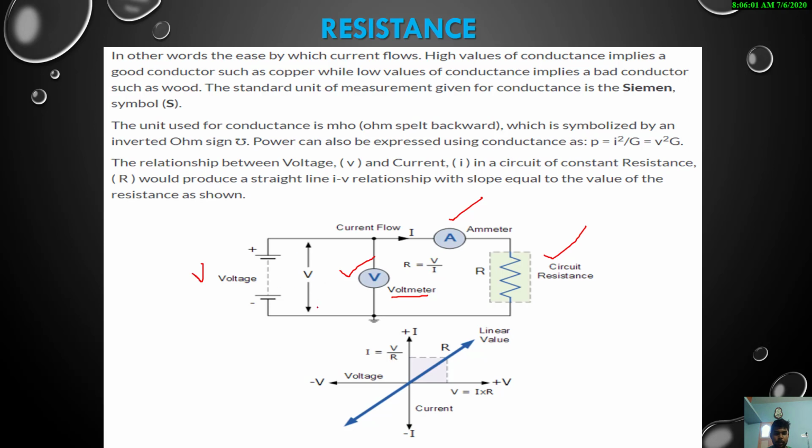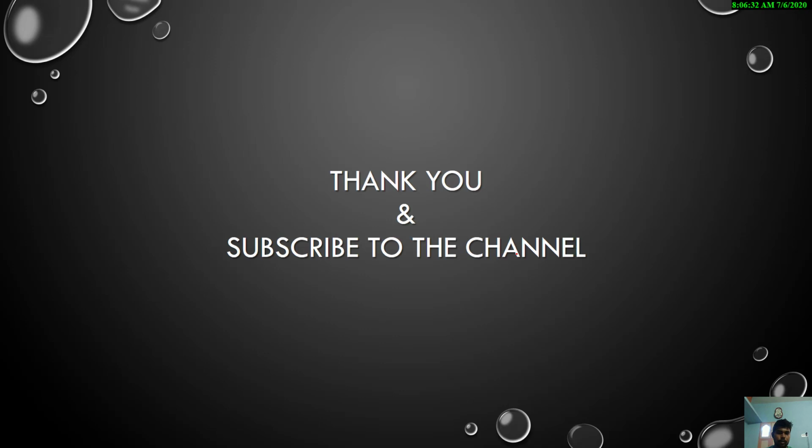We can calculate it by knowing the V and A values, and this is a common linear graph. Here the graph is between current and voltage, and this is the R value, that is I is equal to V divided by R. There are various forms of relationship between voltage, current and resistance, which are given by Ohm's law. We will see this in our next lecture videos.